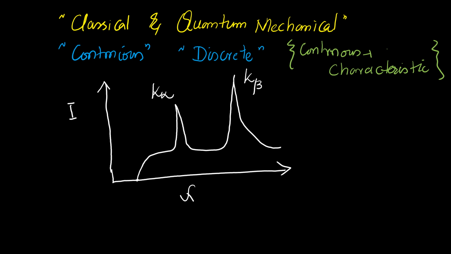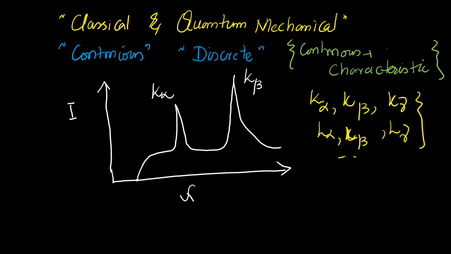Dear student, we observe many different peaks in the production of X-rays, like K alpha, K beta, K gamma, L alpha, L beta, L gamma, and so on. And these peaks, which are K alpha, K beta, and so on, cannot be explained